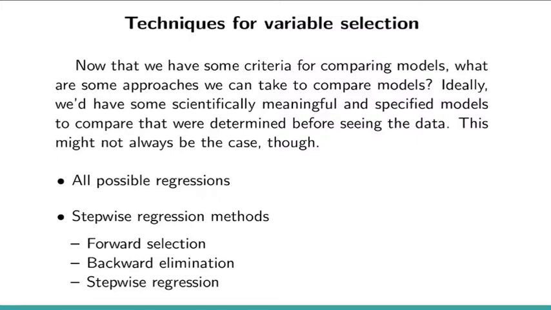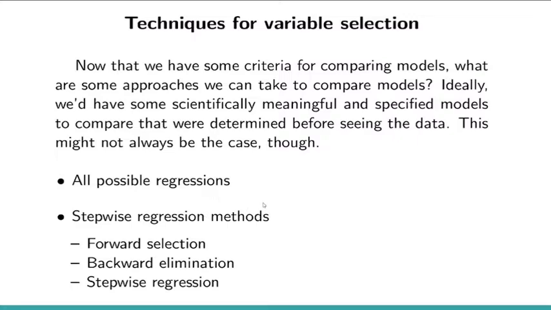I walked you through how you figure out the best one predictor, the best two predictors, the best three predictors, and the best one predictor will compete with the best two, and the best three, depending on the number of predictors you have, using criteria that consider model fitness and model complexity, the AIC or the BIC or the adjusted R-square. And under the stepwise regression method, we have the forward, the backward, and the stepwise